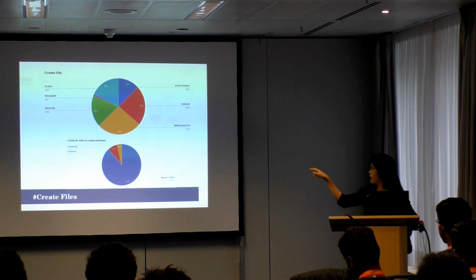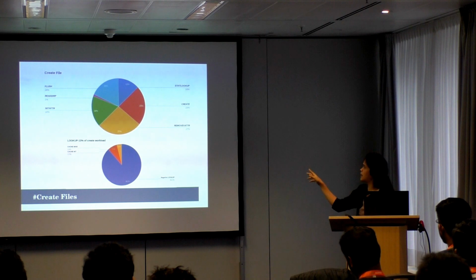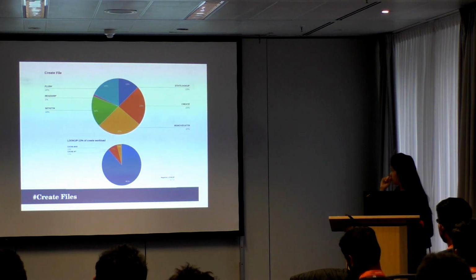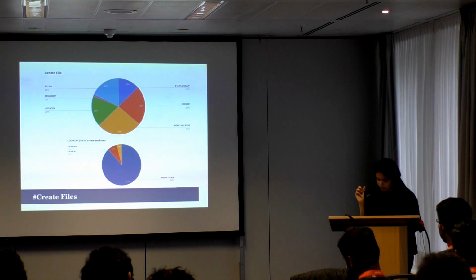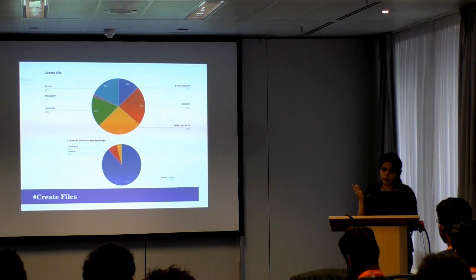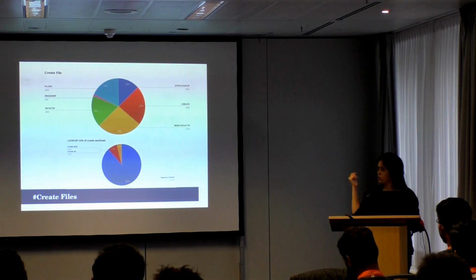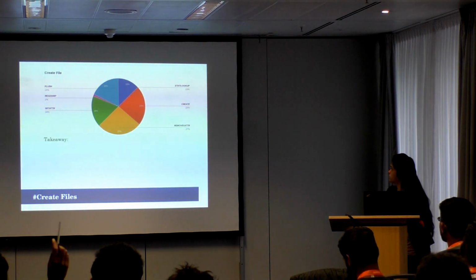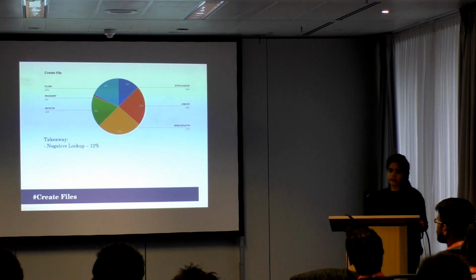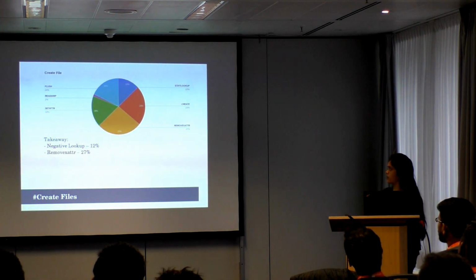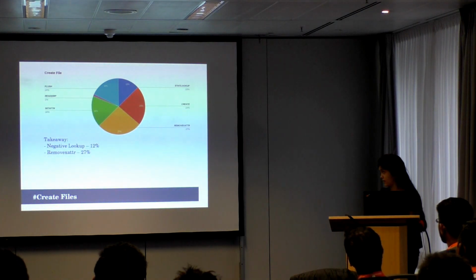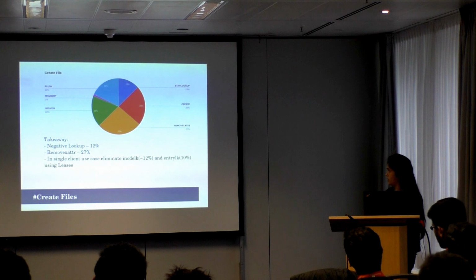And we have some minor percentage of cache miss and cache hit, which we can probably get rid of with the MD cache enhancements. With respect to this negative lookup, Pranit had some suggestions, and we'll probably see on Gluster Devel soon how we can have negative lookup caching on the client side. So the takeaway for create file is that at the least we can get rid of negative lookups if we have negative lookup caching accelerators on the client side.